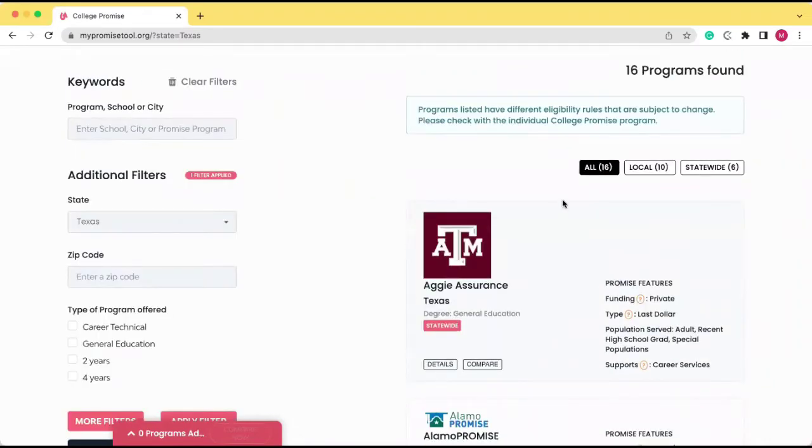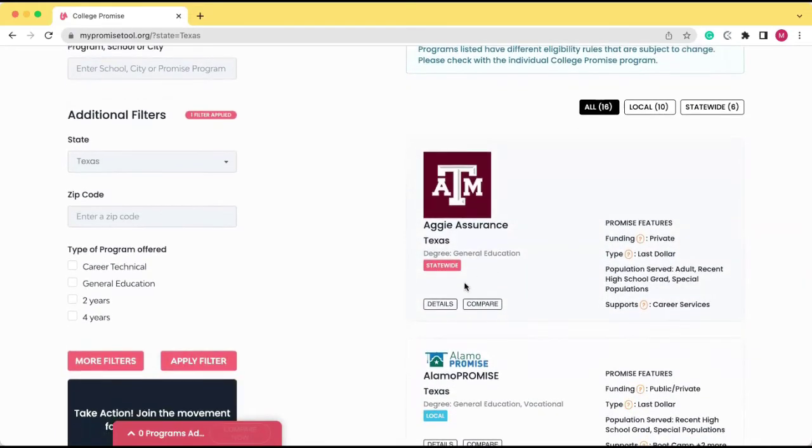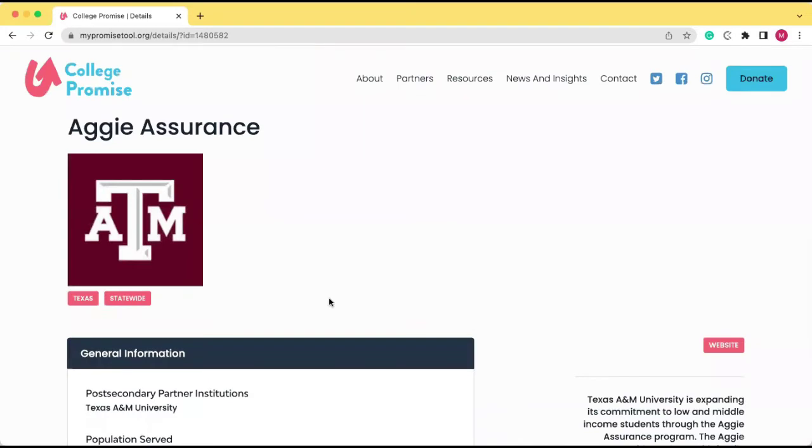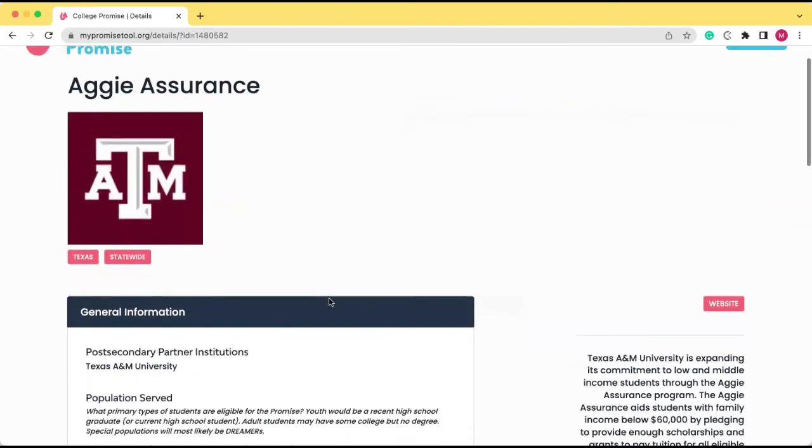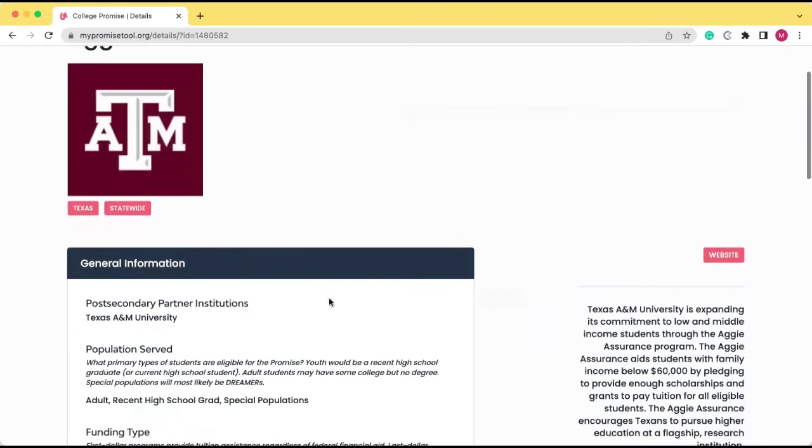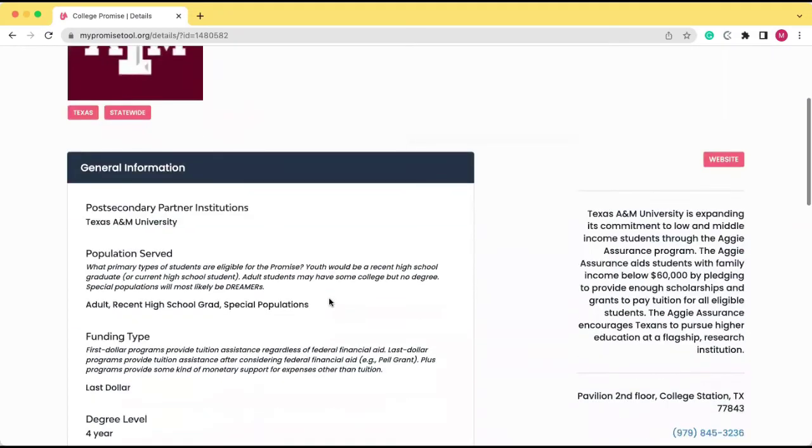On this list, you can sort by either local community-wide programs or statewide programs that are offered. Let's take a look at Aggie Assurance. So through here, you see Aggie Assurance's program profile.